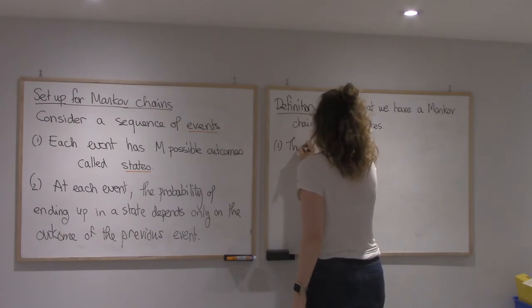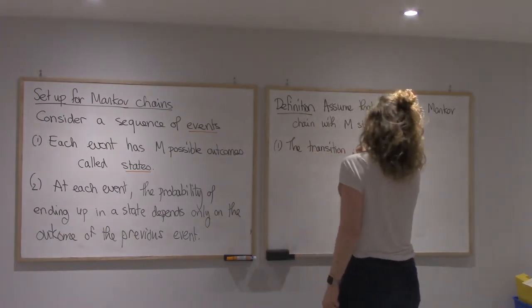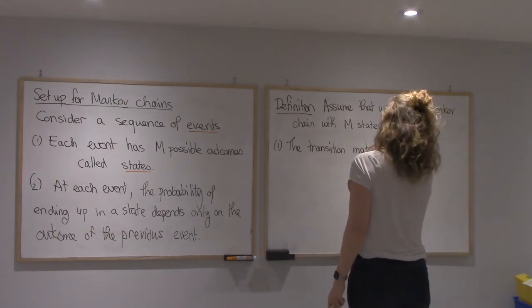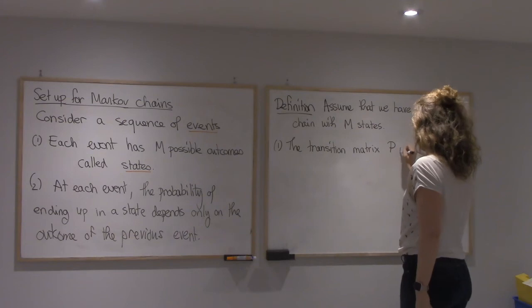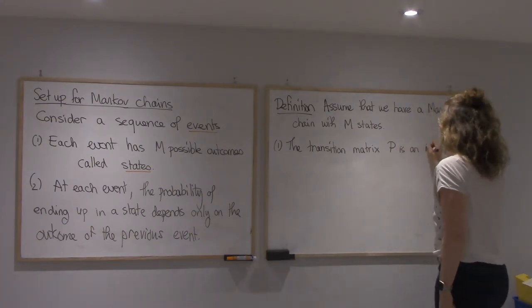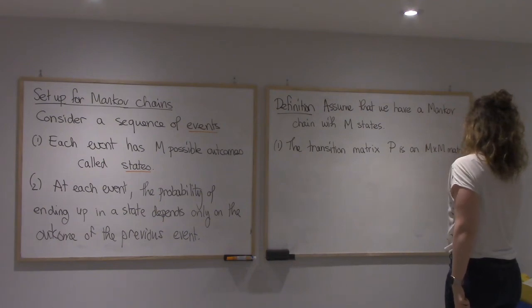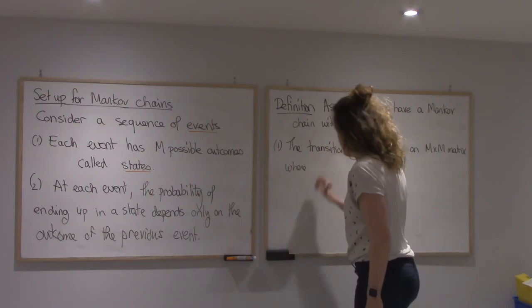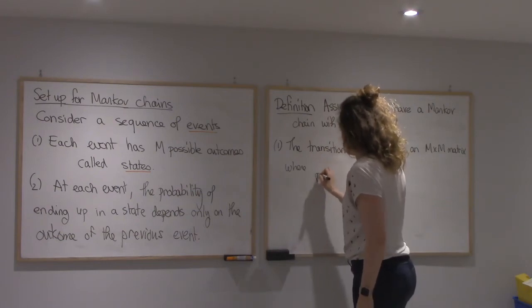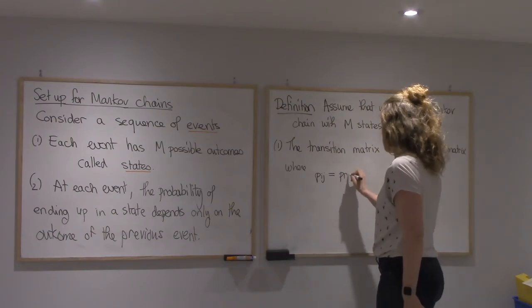So the transition matrix P is an m by m matrix where P of ij is the probability